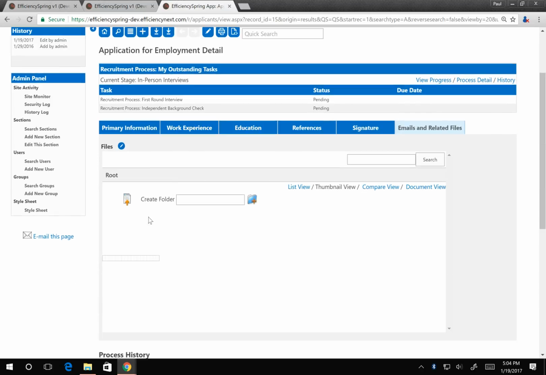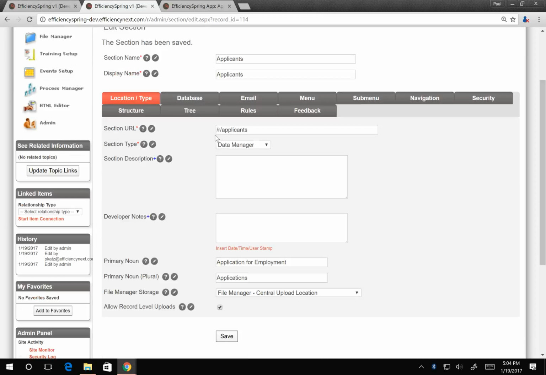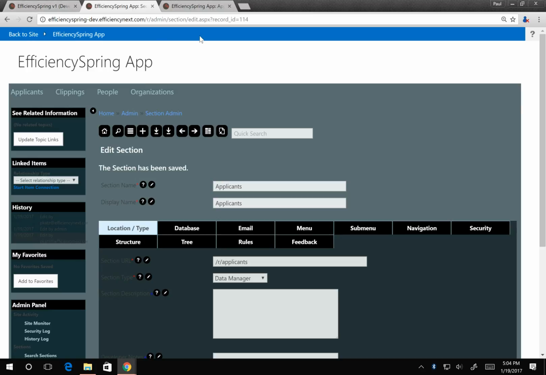Now, what's interesting is you see this files tool is empty, and one reason for that is where we've been pointing at the local file management storage. But we also support document libraries. So let me go ahead and change the configuration of the applicants tool, and oh,